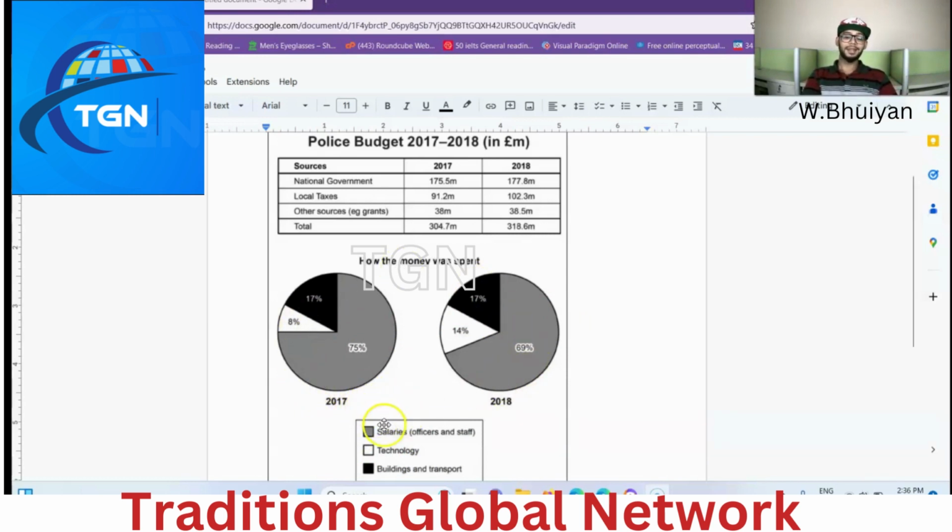So I can see salaries actually decreased from 75 to 69%. But technology was, what's it called? Technology actually increased in the following year, 18. And look at this, 17 and 17. মানে কি building and transport এর কোনো change নাই. There is no change. So আমরা এখন জানি যে basically I can, before I even write, I can tell you